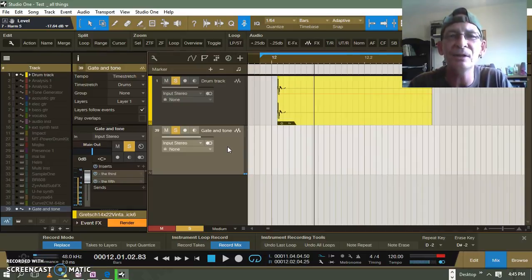And that'll keep you busy for quite a while, but that is a huge tool to sculpt your drums exactly the